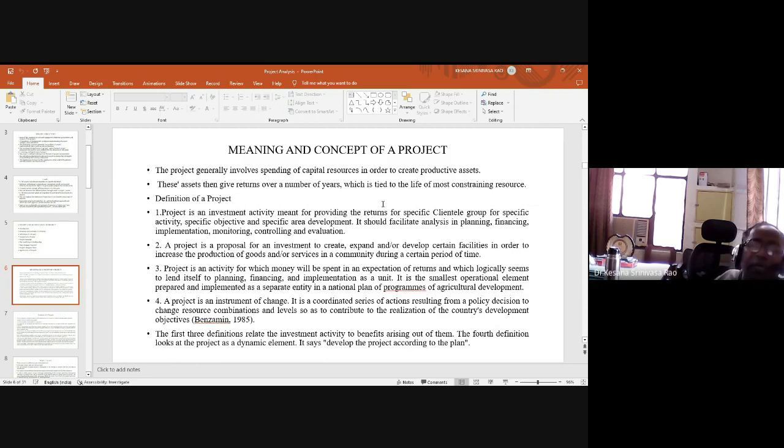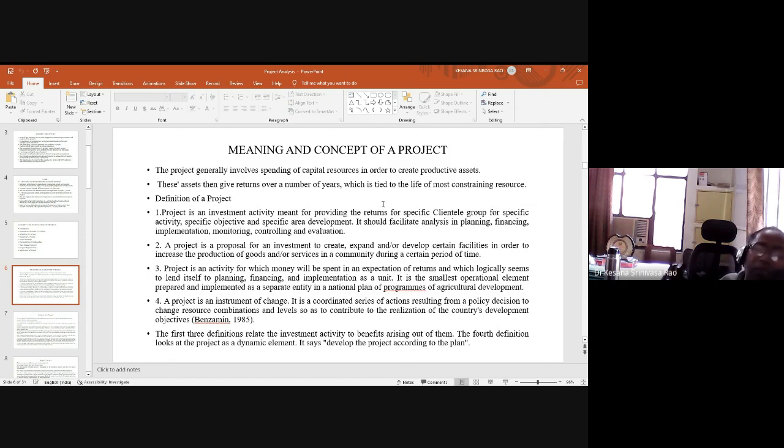In that way, in a project also, a proposal for an investment is created, then expanded. That proposal can be expanded and developed with certain facilities in order to increase the production of goods and services. Ultimately, why are you doing a project? You have to invest, create, expand or develop certain facilities in order to increase the production of goods and services. This is your ultimate objective, to produce any type of goods or services. So you have to follow these steps,